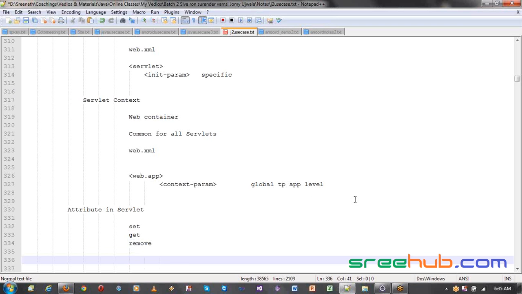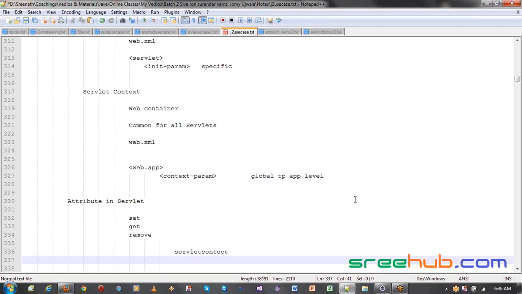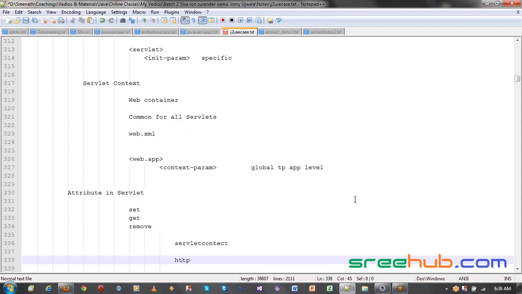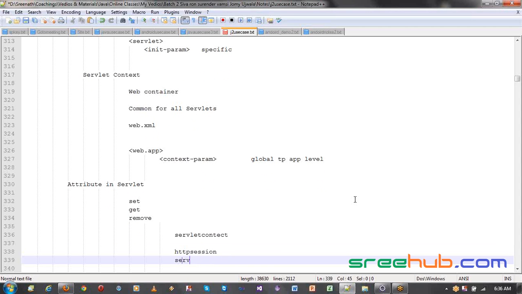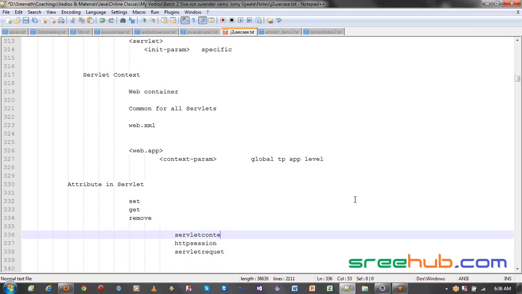So we will get this in our Servlet context class, and you will be getting this in your HTTP session, also in Servlet request. Now, why do you have these many divisions? Whenever you are designing any attribute in Servlet context, it means you are designing at your application level, which means once you set any value, it is the same as setting your application level